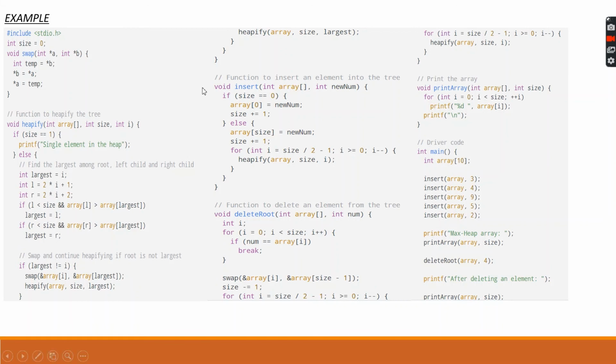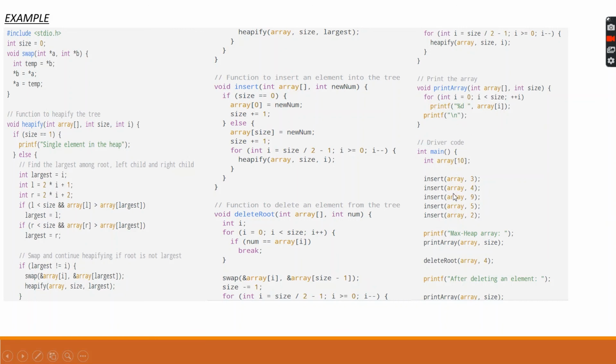Now similarly, as we have seen in the insertion loop, the for loop also states here i = size/2 - 1, i greater than or equal to 0, i--, and we will heapify(array, size, i), calling the function once again, so as to arrange the tree and get the lowermost element in the lowermost part of the tree, and then popping out the element. Then later on, after the whole process is done, we'll be printing the array. Printing of the array is done using i = 0, i less than or equal to size, i++, and we'll be printing it line by line.